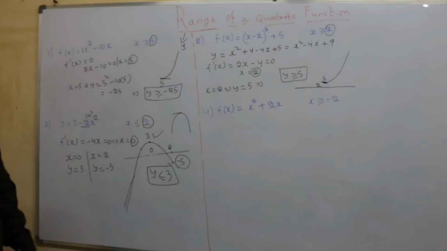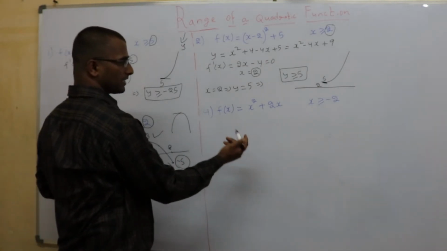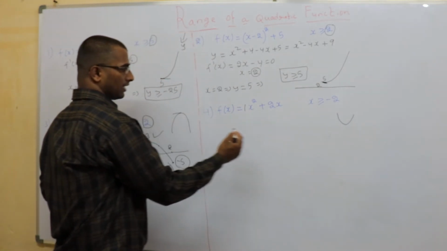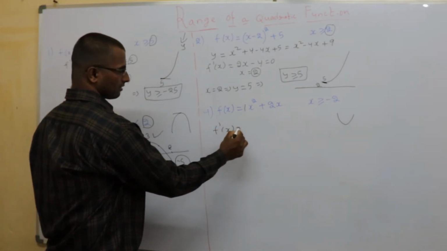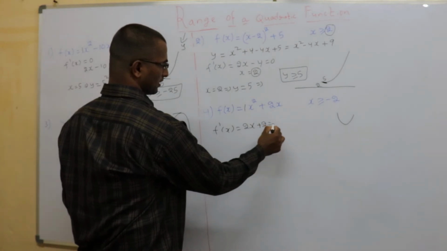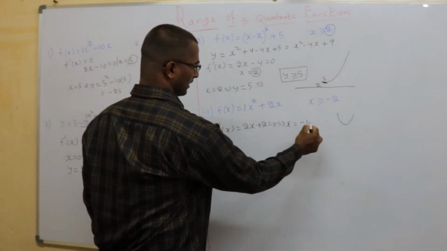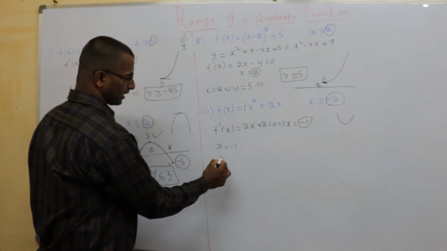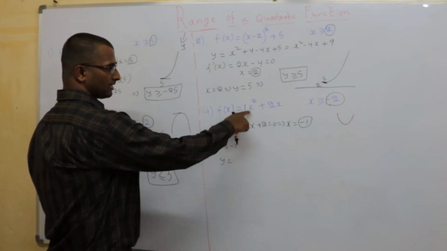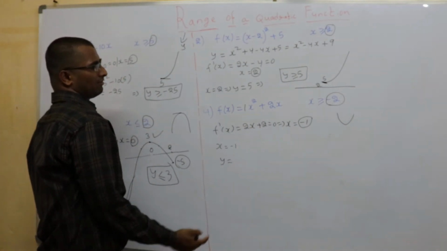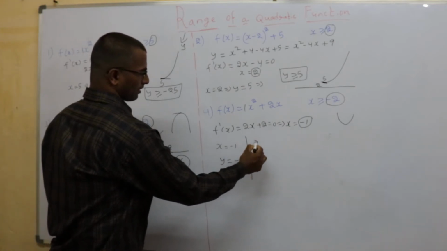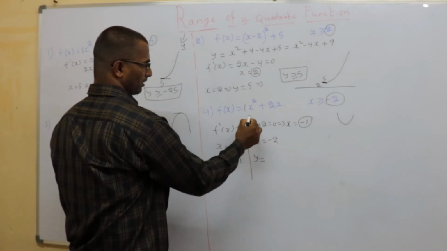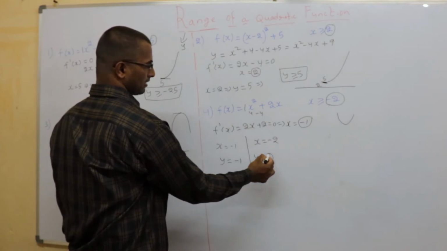Now next example. See, again before x square is a positive one, so I get a graph in this way. What will the turning point be? 2x plus 2 equal to 0 implies x equal to minus 1. Here this one and this one are not the same. So when x equal to minus 1, what will y be? Place in minus 1 whole square, 1 minus 2, I get minus 1. When x is minus 2, what will I get? Here plus 4 minus 4, I get 0.